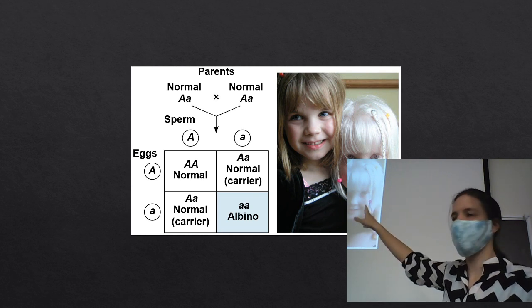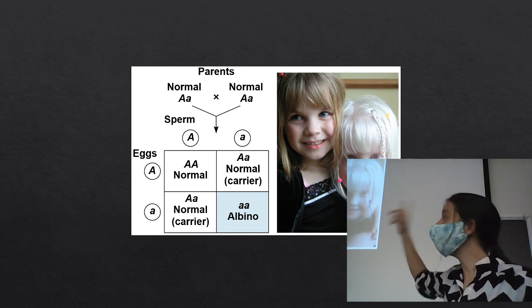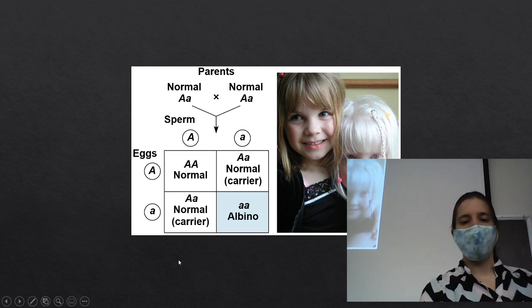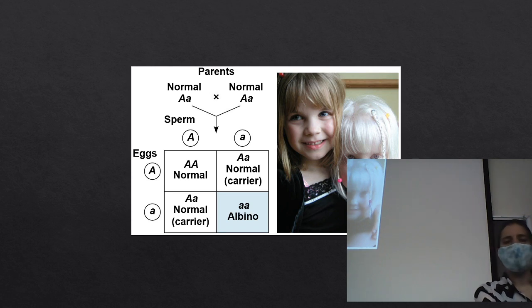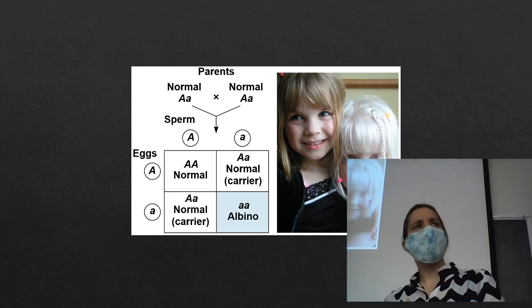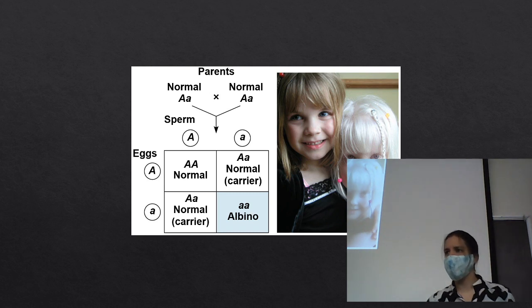These individuals are siblings, so they're not going to intermarry or intermate. But if the daughter who has albinism were to have children with someone who's a carrier for albinism, do all of their kids have it? Do half of their kids have it? Do none of their kids have it? What's going